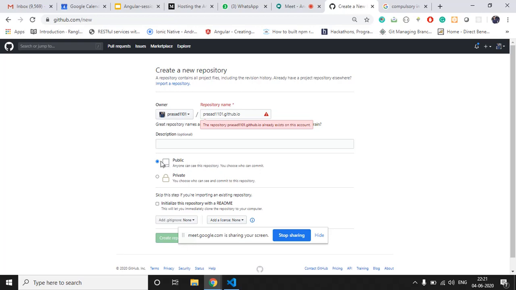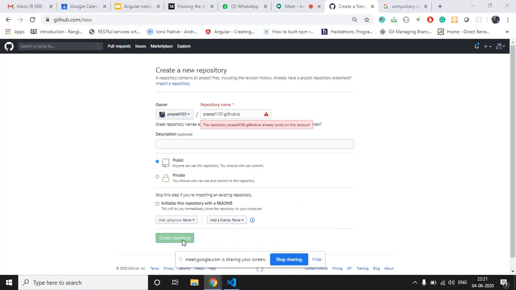And then you just click on create repository. It will create a repository named prasad1101.github.io. In your case it will be your username.github.io, right? As I already have that repository, I'm not going to create it again.